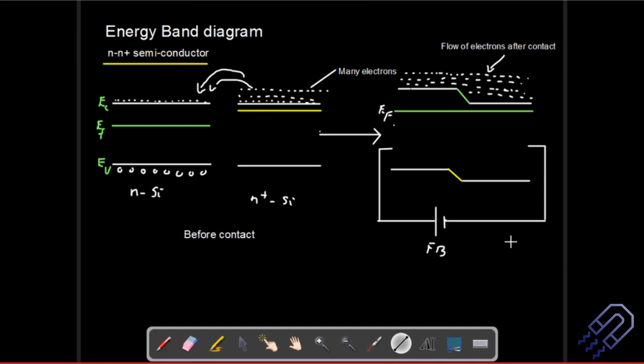Whenever you look into any kind of book, they are actually drawing these kinds of energy diagrams. But then you have to understand what the discussion is all about. Now, as far as my class is concerned, I am explaining everything in the diagram itself so that it becomes easy for you. So I prefer that you make your own sentences to explain it. It should not be very difficult here. One of the points that you can see here is that if there are electrons on this side, there are holes here. It's not that it does not have holes. So this is the case that happens in forward bias.